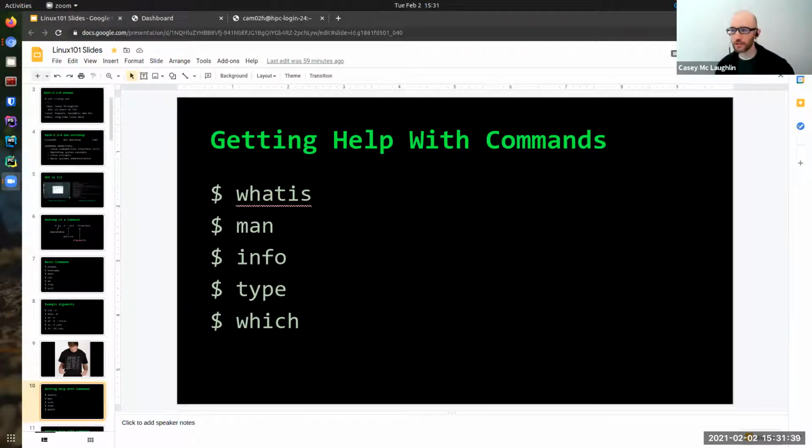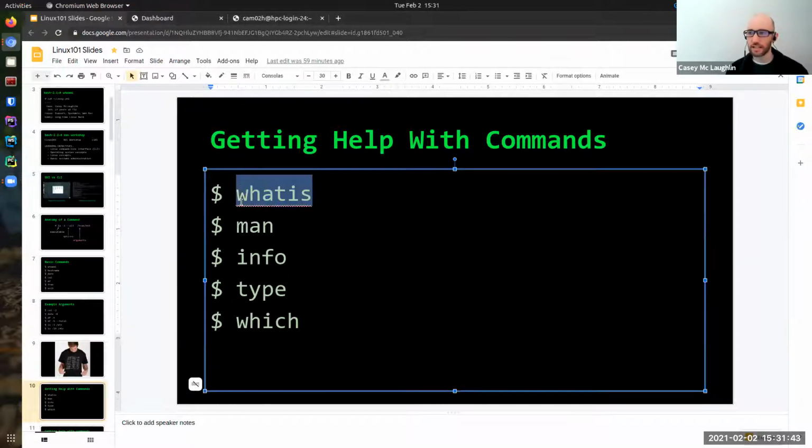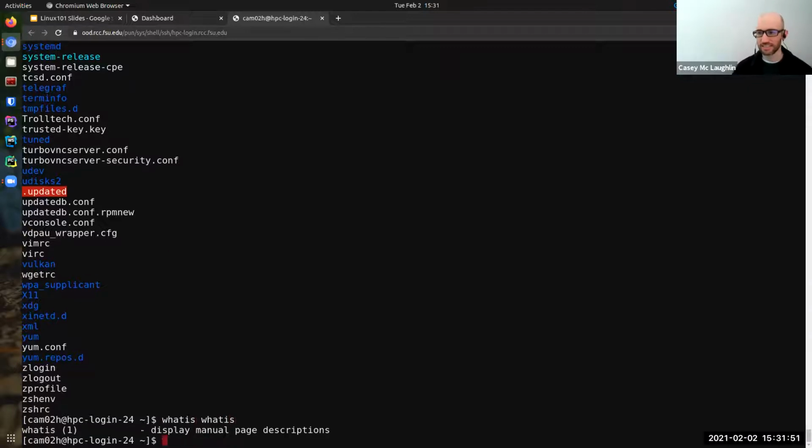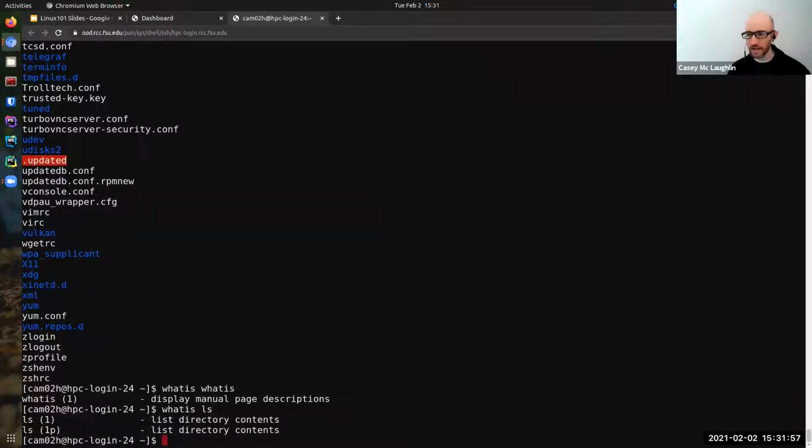Okay, so the first is the documentation is what is. That's a simple one to remember, and it will be useful. So what is ls? It displays manual page descriptions. Now, I don't know why it prints out multiple lines, redundant sometimes, but it has to do with some technical arcane thing that is built into Linux.